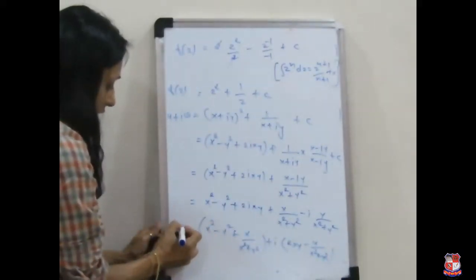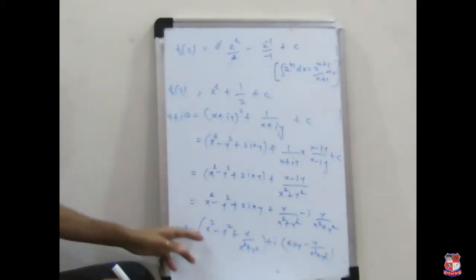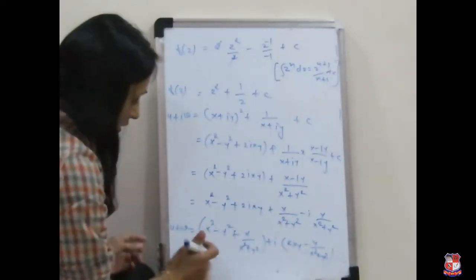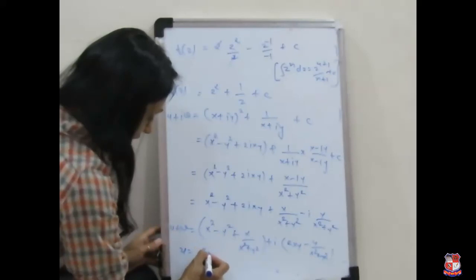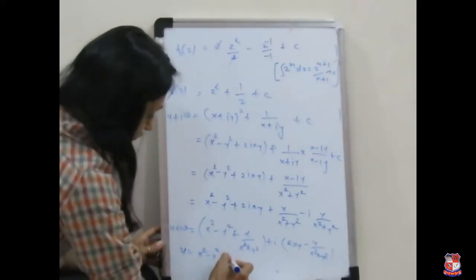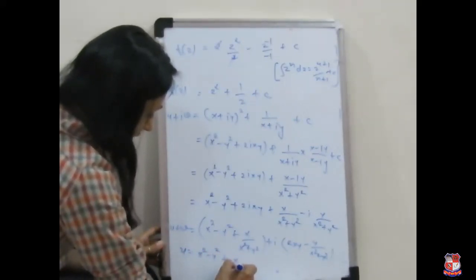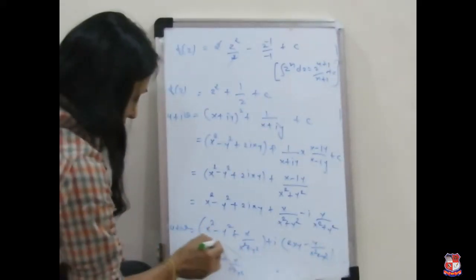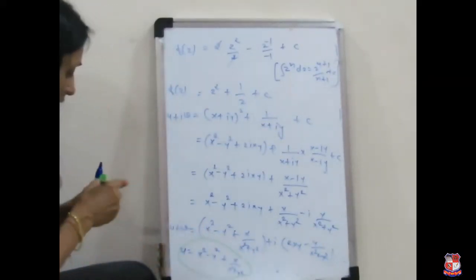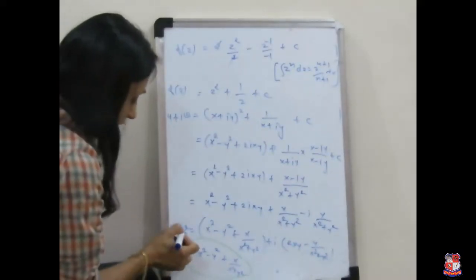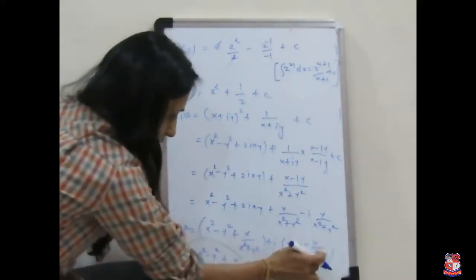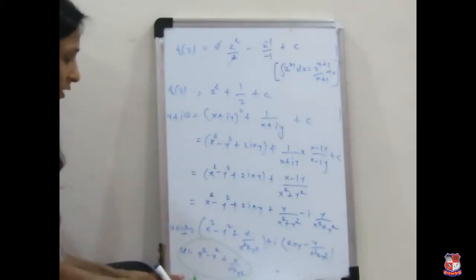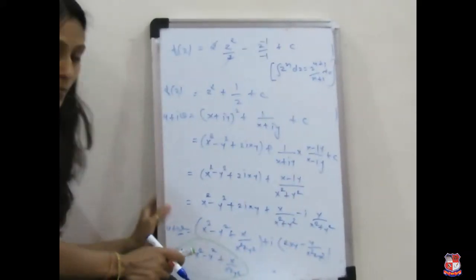Here the left hand side is u plus iv. Now comparing both sides, real and imaginary parts, we get u is equal to x square minus y square plus x over x square plus y square. This is our answer, or we have to check this. Our v is given as v is equal to 2xy minus y over x square plus y square. This is also correct. This method is the Milne-Thomson method.